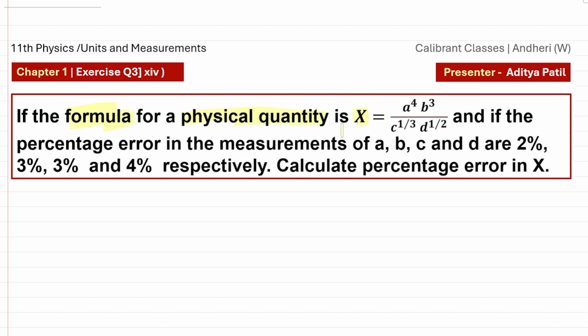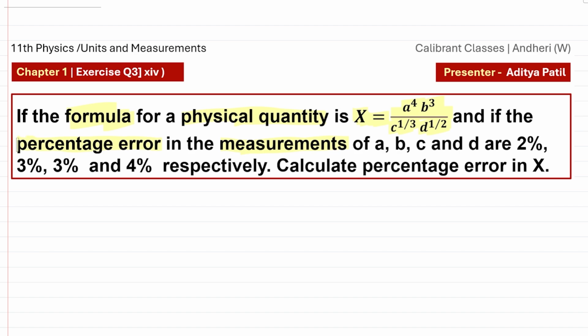as capital letter X. And the formula for this quantity goes like this, where X is equal to A raised to 4 into B raised to 3 the whole divided by c raised to 1 by 3 and d raised to 1 by 2, where a, b, and c and d are some physical quantities जिसके बारे में हमें अब तक information नहीं है. Now, इन quantities के जब हम measurements करते हैं तो we find certain percentage error associated